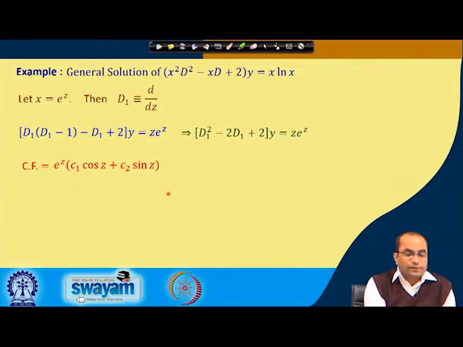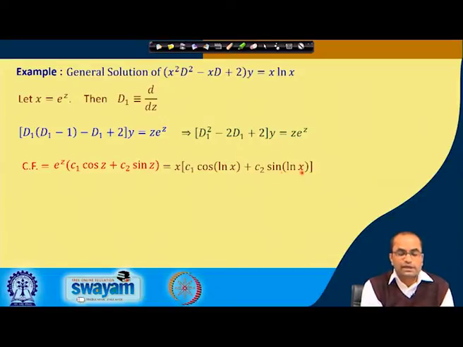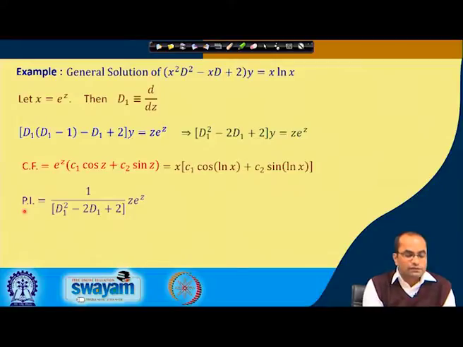Here this complementary function we have to write back in the original variables. So, e^z will be replaced by x, and z was ln x. So, cos of ln x plus c₂ sin of ln x, and the particular integral, the P.I., will be